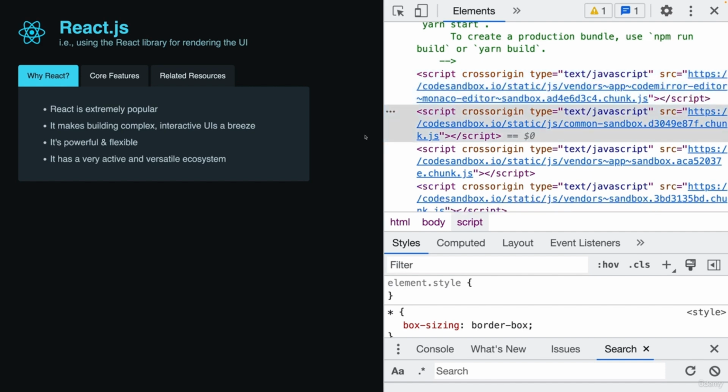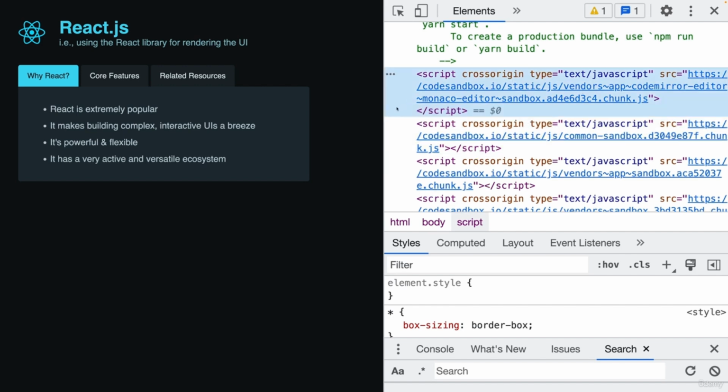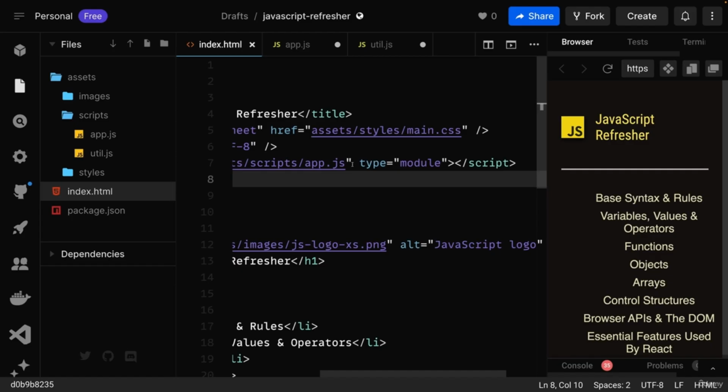This is done to also make this code execute in browsers that don't natively support this import-export syntax, and also so that the browser doesn't have to download dozens of small JavaScript files, but instead just a couple of bigger files, which typically is more efficient. And I'm just letting you know about this here so that you don't wonder why this type module is missing on your React project's script tags. But if you have a vanilla JavaScript app without such a build process, you do need to add this type